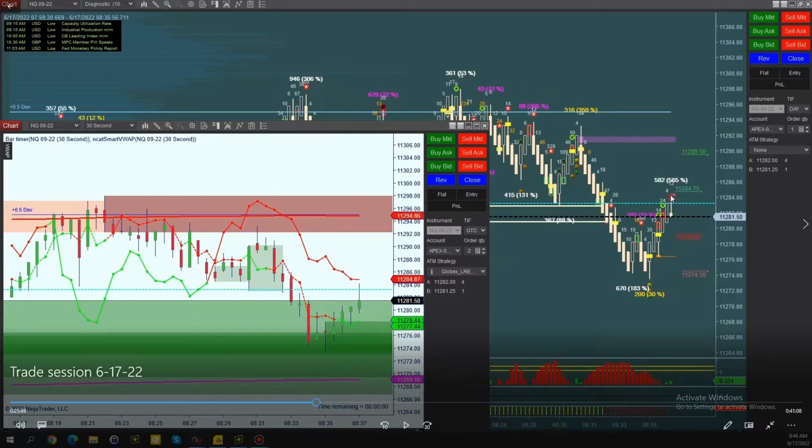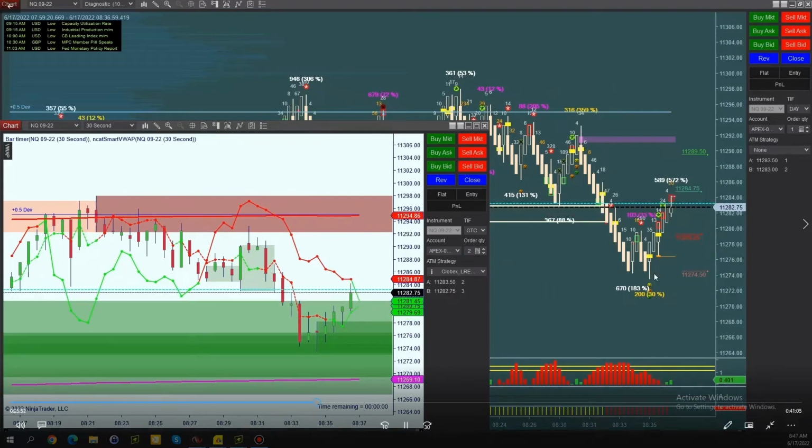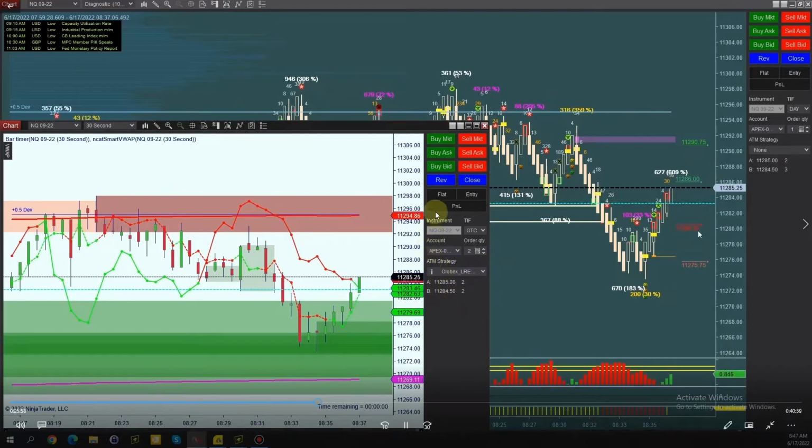And then, when this closes down, hopefully it develops something to continue down. So I don't know if it's going to lay this mini magnet when I hop in my LRE. So let's say I'm in at 11,284, 285 area, right? That means I need it to come down to 11,279, 280.